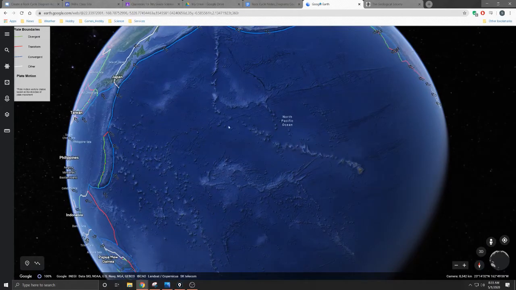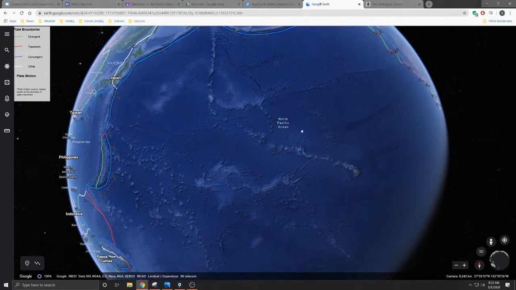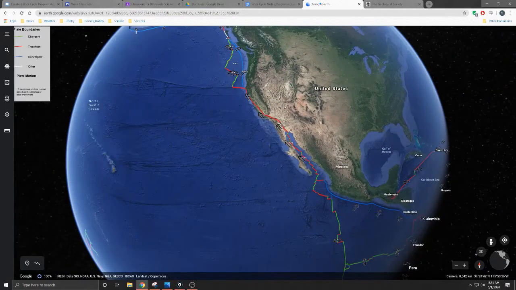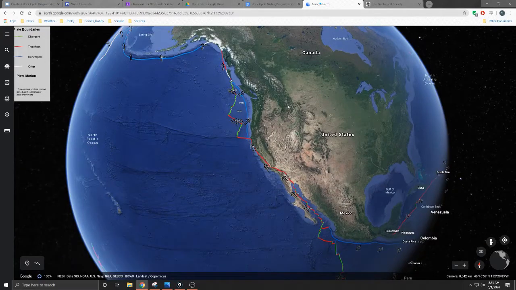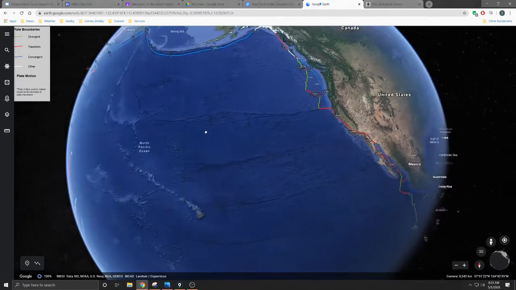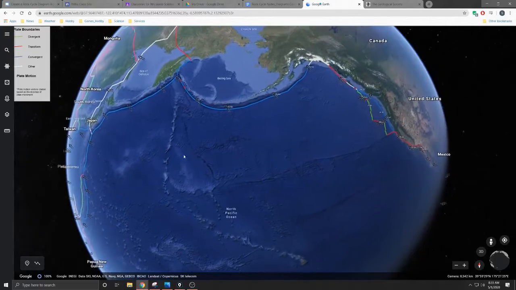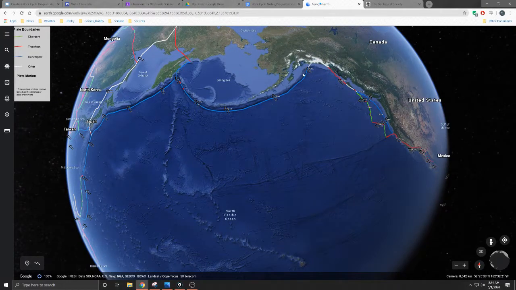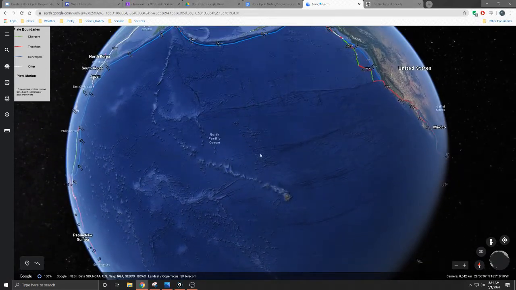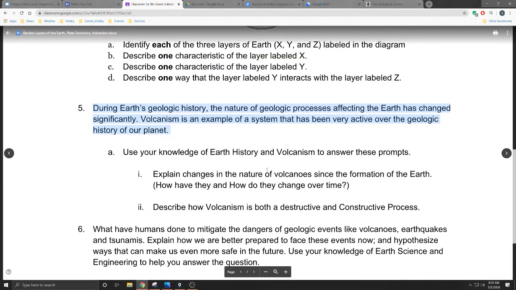Once the volcano moves far enough from its heat source, it cools off and it kind of goes to sleep or gets dormant. And then over a long enough period of time, that can go extinct. So we've talked about that here. We've talked about it in the Grand Canyon area. Yellowstone is a very unique caldera that we talk about in these locations. Obviously, the huge volcanic island arc that we have in the Aleutian Islands are all going to be examples of this. So volcanoes can create new land and they can destroy land. Obviously, that's going to be the constructive and destructive portions that we see in that.